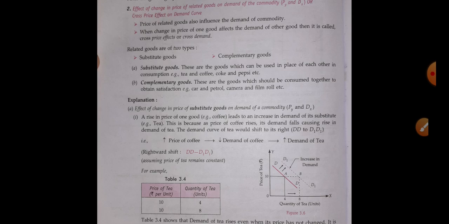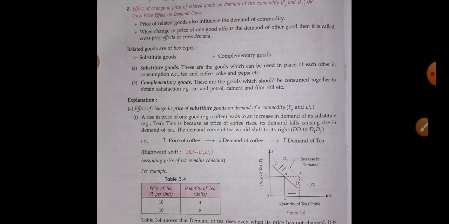The next topic is demand function. Demand function explains simply the relation between the demand of a commodity and the factors determining demand. There are different factors which determine the demand. For that, demand function is further divided into two: individual demand function and market demand function. In the individual demand function, we studied the first determinant affecting individual demand, that is, the effect of change in the price of the commodity.